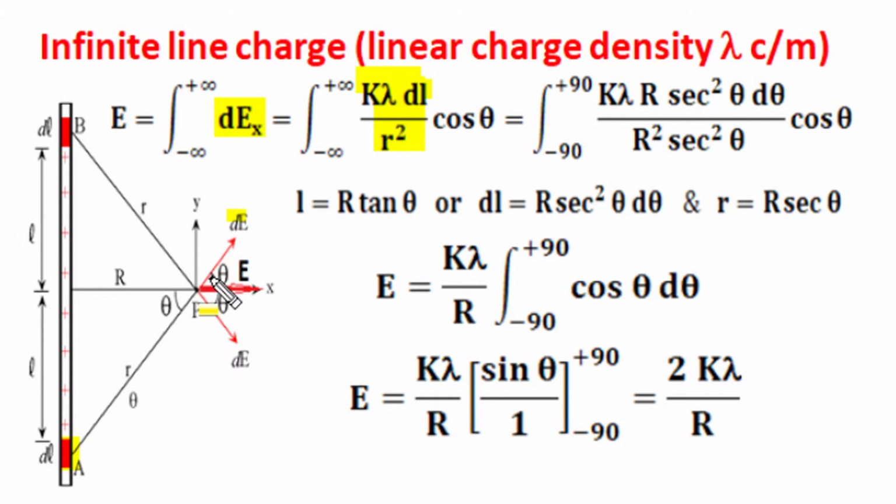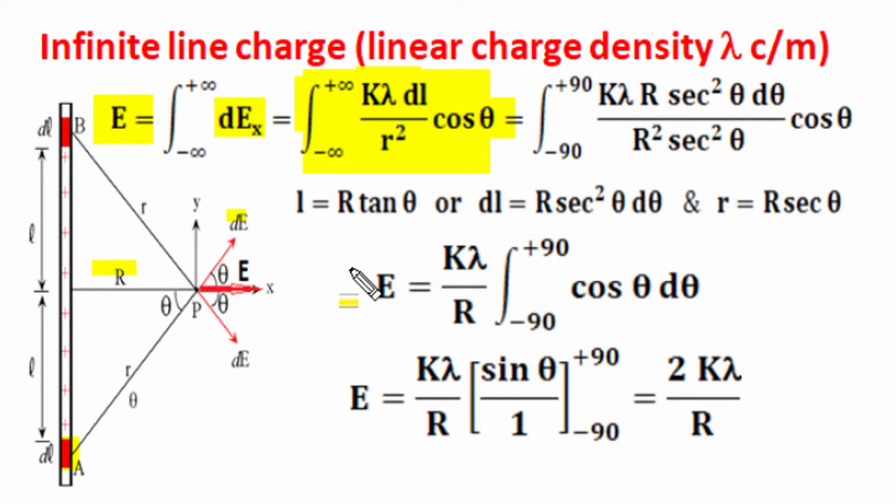And if the angle is theta between the electric field contribution and this bisector x axis line, then this resolved component is the cos theta component, and the total electric field of this entire long length can be obtained by integration. If the length of the line is 100 or even more times of this perpendicular distance capital R, then this length can be treated as infinite length, and from minus infinity to plus infinity limits, the total electric field is obtained by this integration.